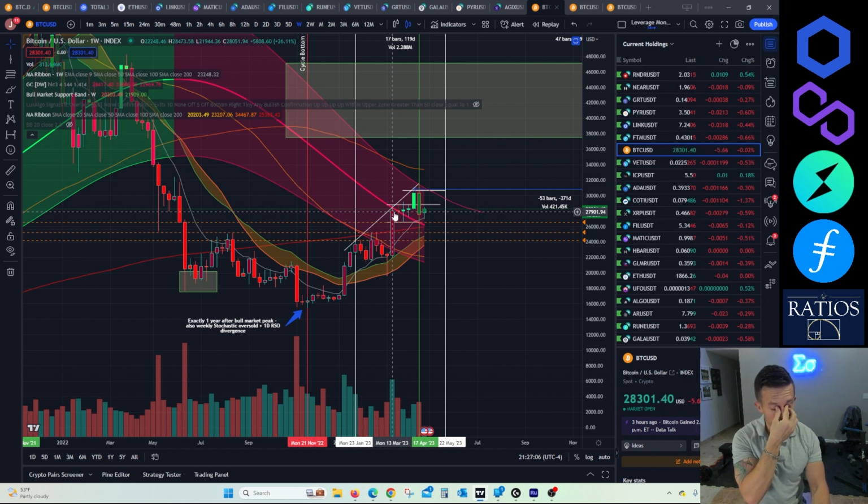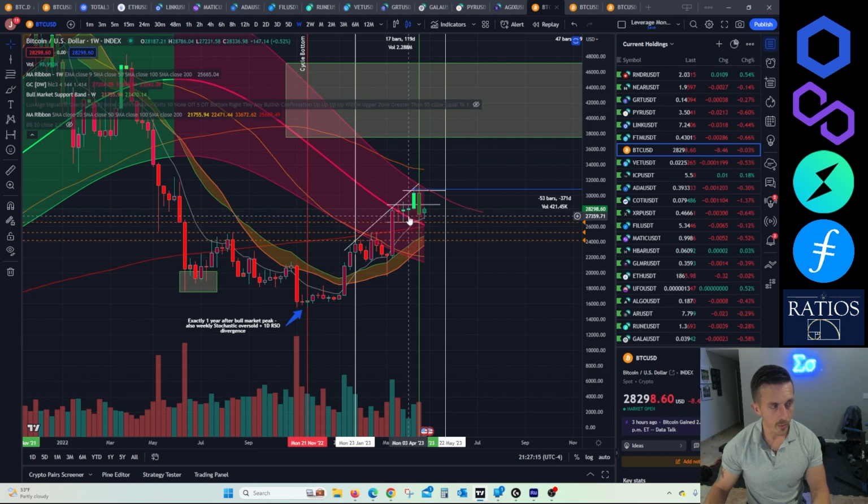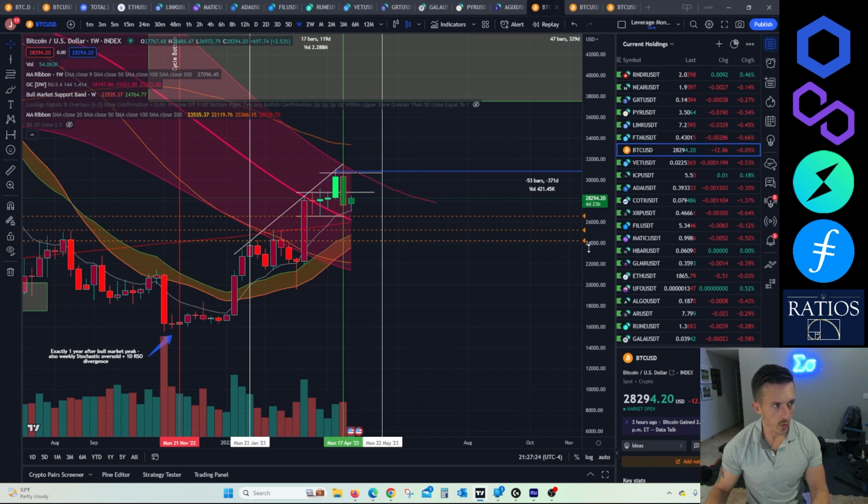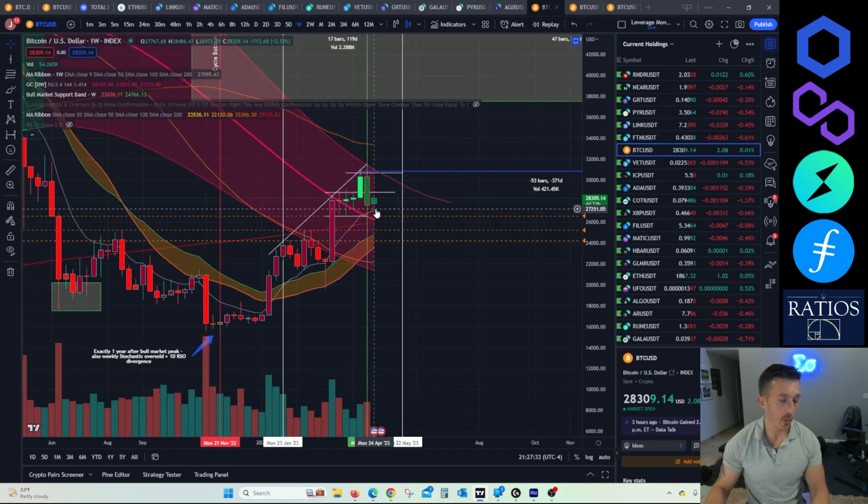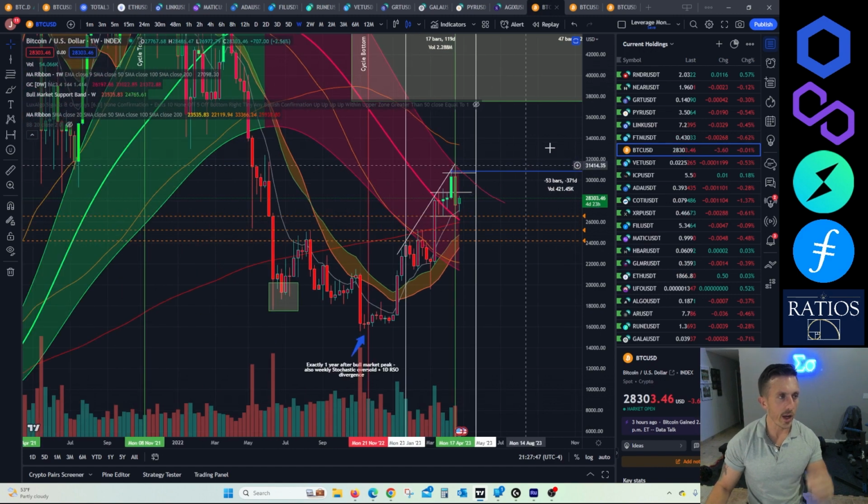So then from the median of the Gaussian channel, we ground sideways here for a couple weeks. And eventually we claimed the midline of that Gaussian channel and bounced up to the top of the Gaussian channel before rejecting off of it, right back down to the middle line again. And also, consequently, the 9 EMA that previously crossed the 50 SMA is right here. And a couple days ago, I started to see this pattern form. Let's keep this in mind. Gaussian channel break, grind across the median line, top of the channel, back to the middle of the channel, the 9 EMA. All right, let's go back and look at previous cycles.